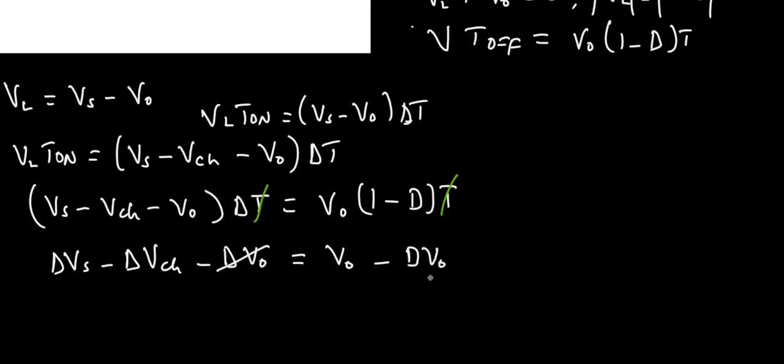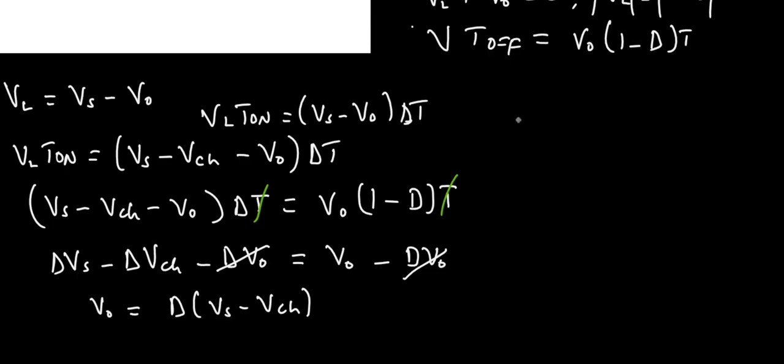So this can cancel out this. So we have V naught is equal to d times (Vs minus VCH),